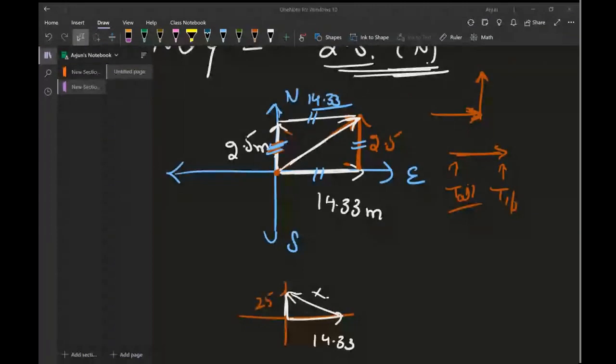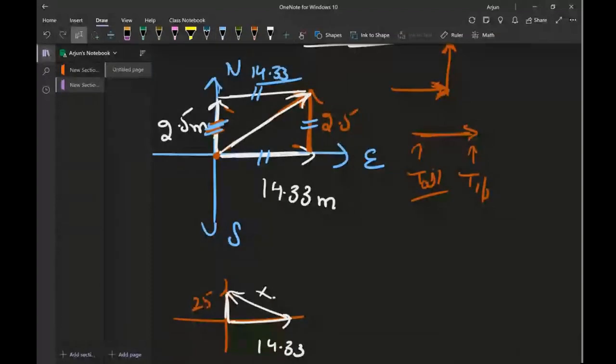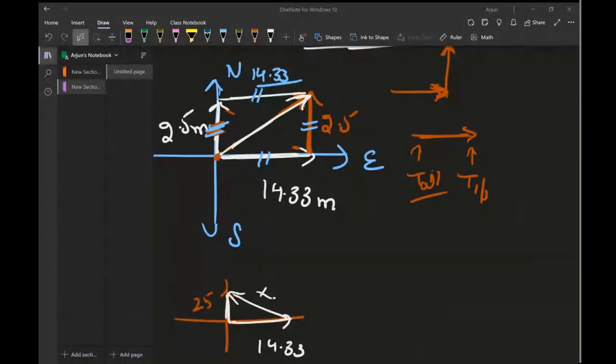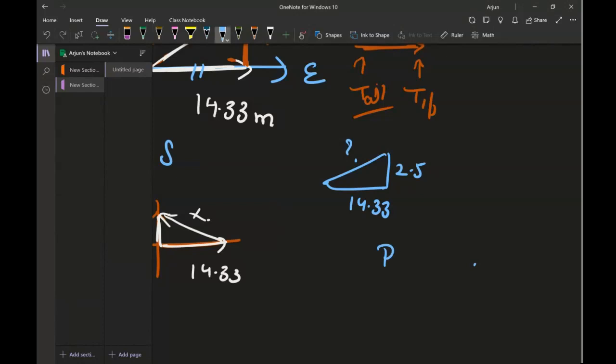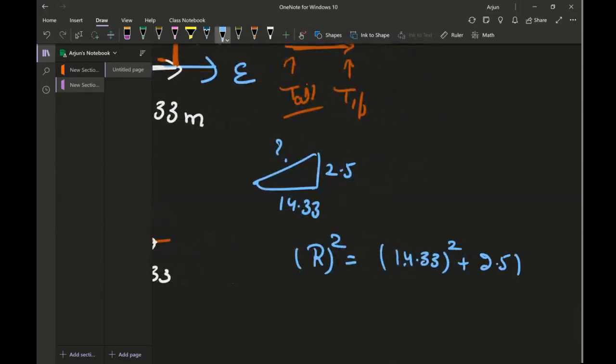Now I'm going to find the resultant by using the Pythagorean theorem. So this becomes a right angle triangle. Again, I'm drawing it here, 14.33, and this is 2.5, and this is what we are looking for. We can easily find out this number. Resultant square is equal to 14.33 square plus 2.5 square. And then R value will be equal to square root of, well, this is 14, not 1.4,